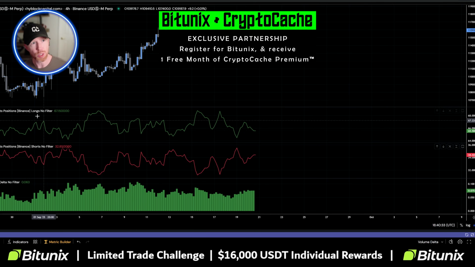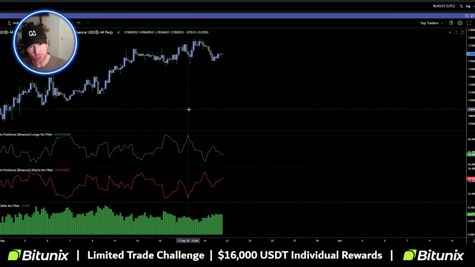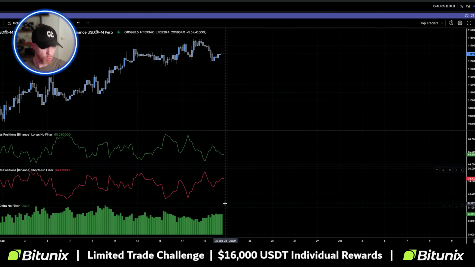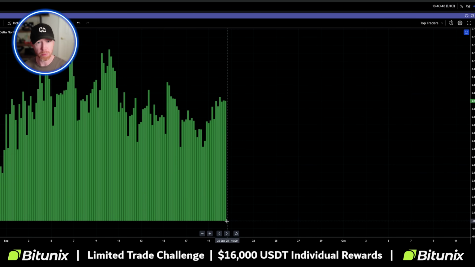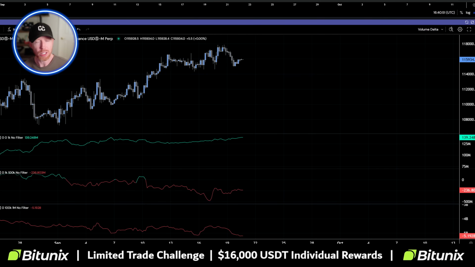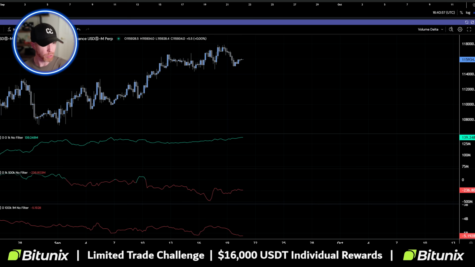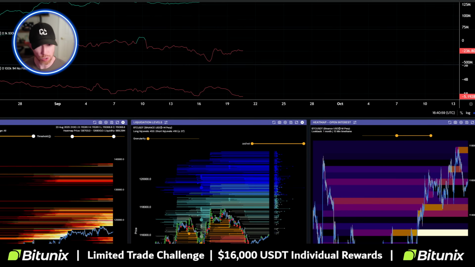When we look at the overview here, this is a 4-hour time frame, giving us perspective on top traders. The average top trader is opening more shorts than longs. As the price goes higher and the amount of margin being used is increasing, we're starting to see more likelihood of the price pulling back, or at least that's what they feel the market should be doing moving forward. And generally speaking, they are the ones that control the market, right? All that being said, not much data here really to extract. It pretty much hasn't changed since yesterday.